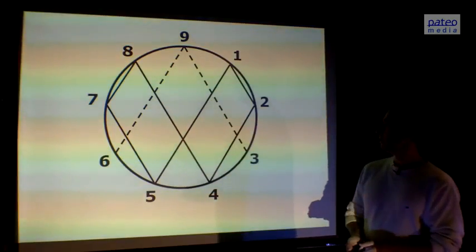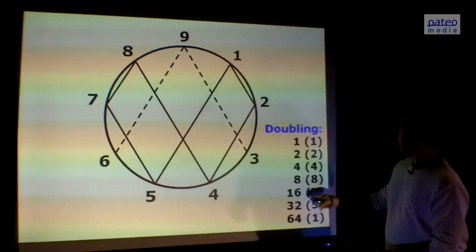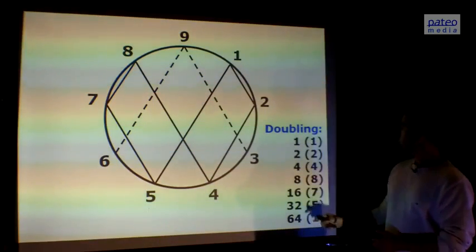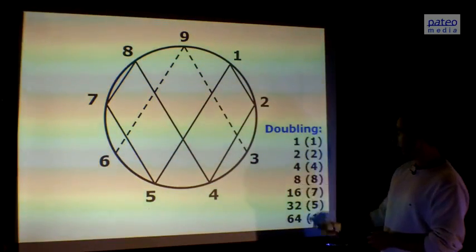Here again we see the symbol. What we see here is a doubling sequence. If you double 1, you get 2. If you double 2, you get 4. If you double 4, you get 8. Then you get